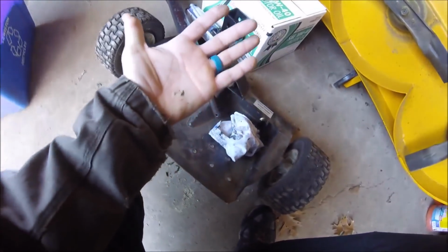4 of them, 2 that go in there and 2 that go in this piece here. I pounded one out, that's why one's down there. So I ordered them. They'll be in a few days. What I did do,